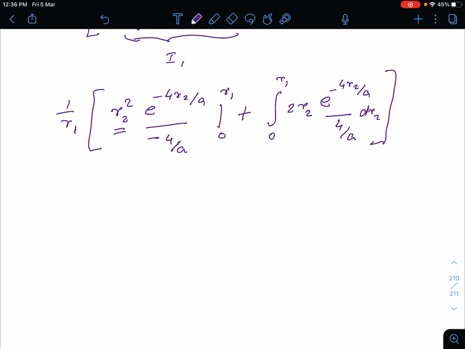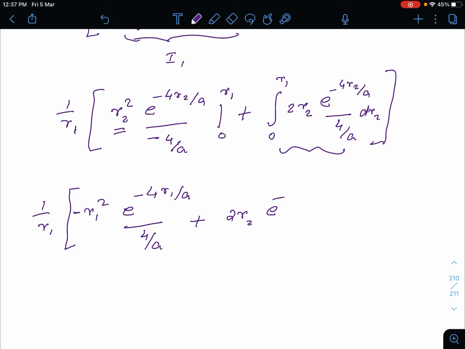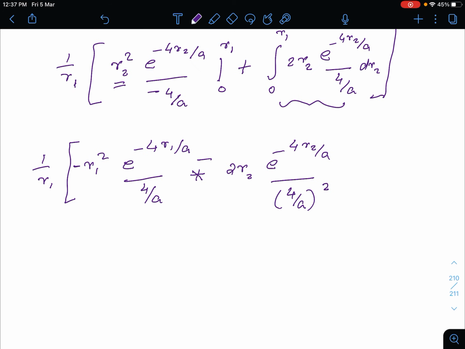Now if you put the upper limit, this becomes 1 by r1 multiplied by r1 square e raised to minus 4 r1 by a divided by, minus is here, divided by 4 by a, plus let's find out this integral now: 2r2 e raised to minus 4 r2 by a divided by minus 4 by a whole square, right, minus integral of